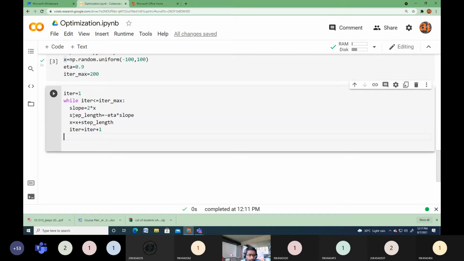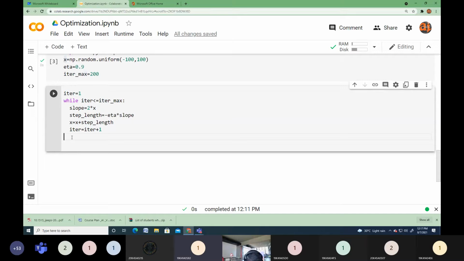Because high computation machines are available as of now, we need not bother about the computation time. So that's why my convergence criteria is the maximum number of epochs. If it reaches the maximum number of epochs, it is coming out of the loop, out of the iterative algorithm. If it is coming out of the iterative algorithm, what do I have to do? That is called the last step.